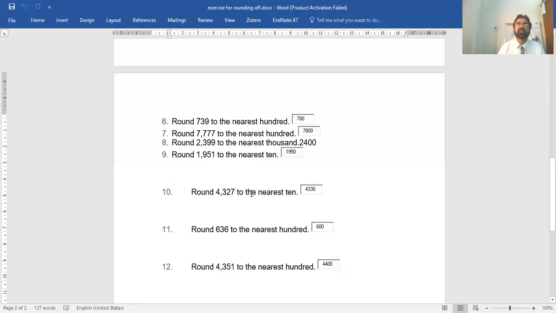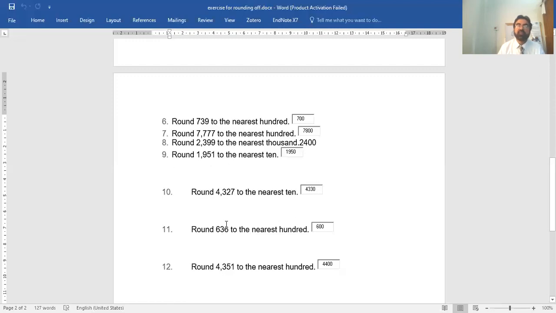Rounding 4320 to the nearest 10. So 10 over here is 2. It will become 4,300, as the 2 is less than 5, so you cannot add anything to it, and it cannot become 4,400. It will remain 4,300 to the nearest 10. Now 4327 to the nearest 10: 10 is this one. You have to delete this one, so you have to remove the 7. When you remove the 7, it is more than 5, so you will remove 7 and increase 2 by 1. It will become 4,330.